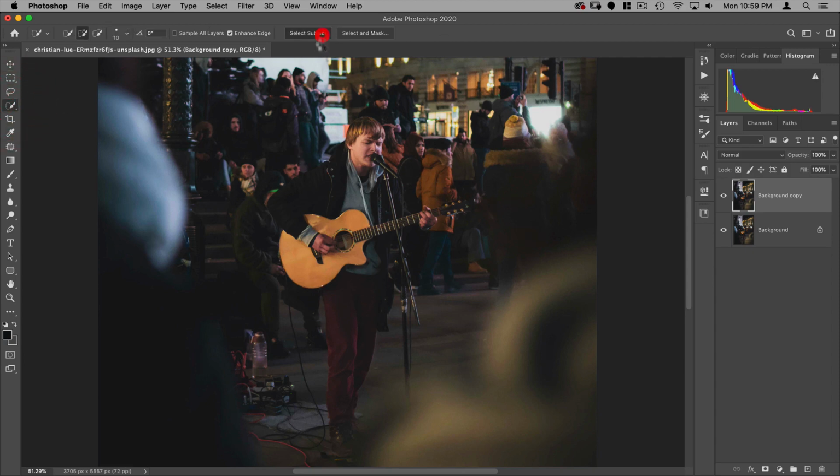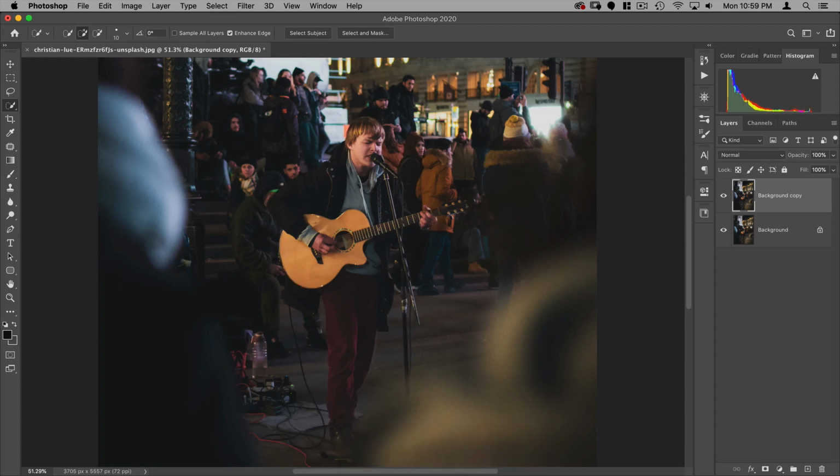In this case, I'm pretty sure it's not going to do the greatest of jobs. Surprisingly, it did better than I expected in terms of selecting him out, but you can see it's added her, it missed part of the guitar, and missed part of this. So I think for this, I would rather just make the selection manually.